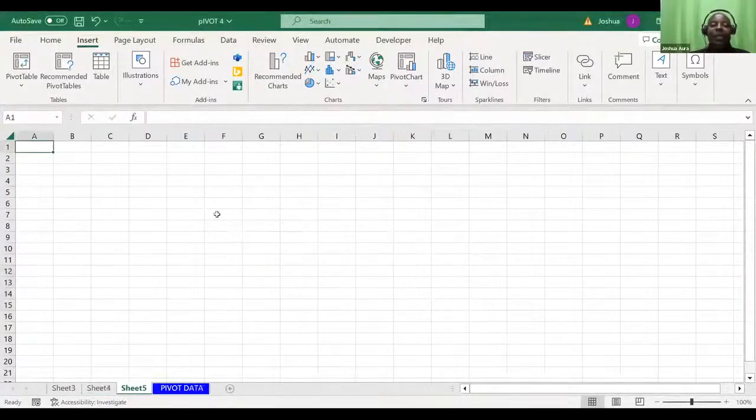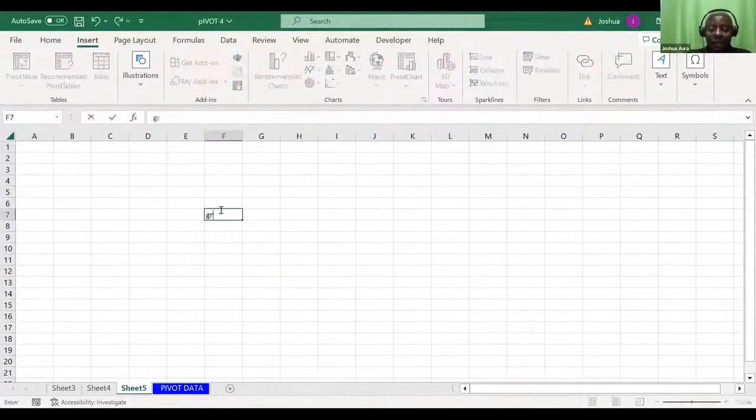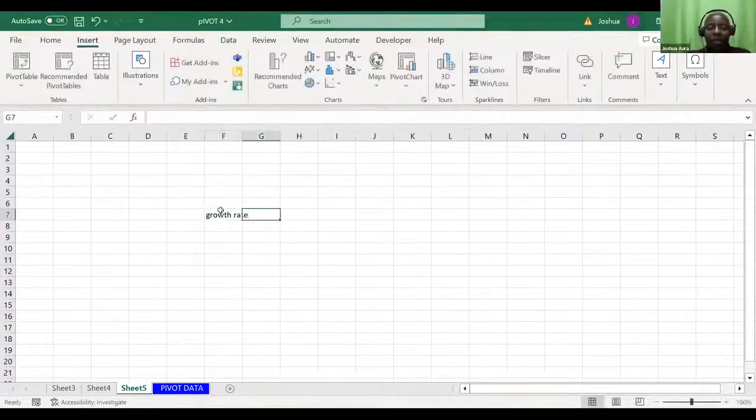Great. Now, ladies and gentlemen, assuming somebody comes and tells you that the growth rate is 0.1, 10%. And then he gives you information on price.